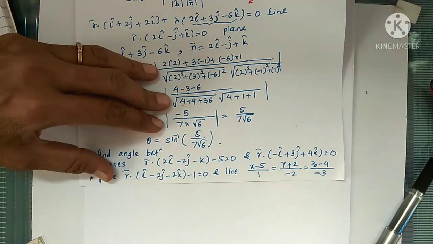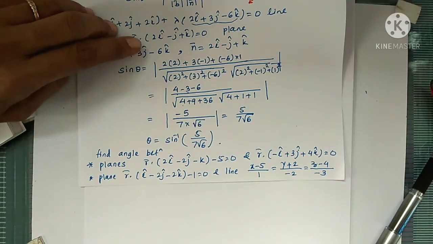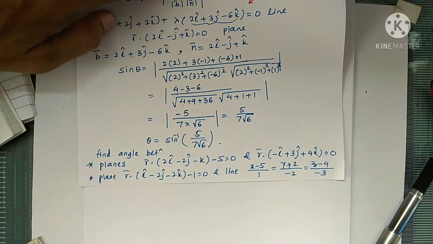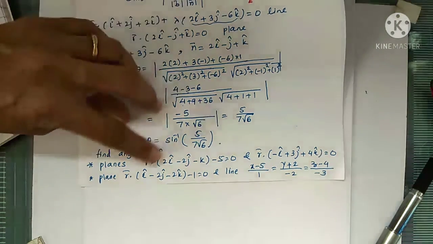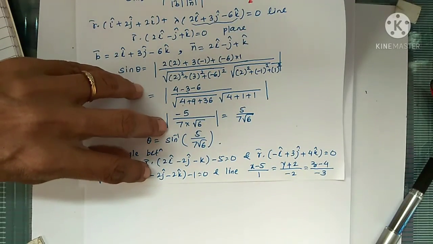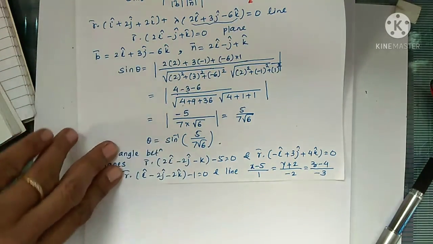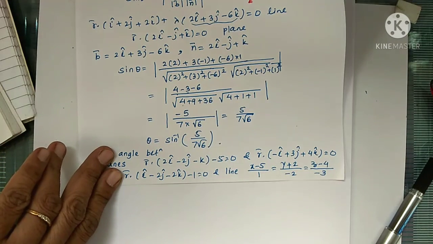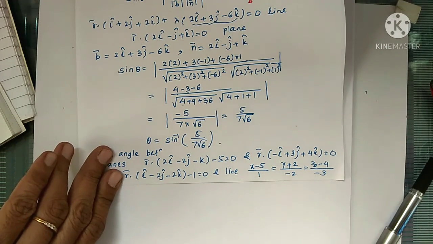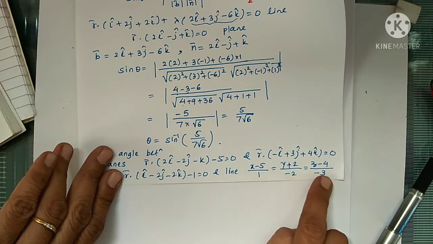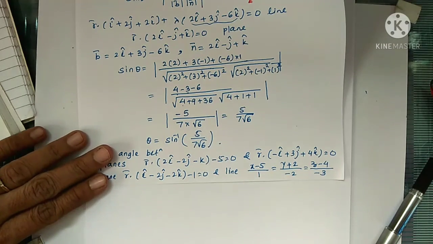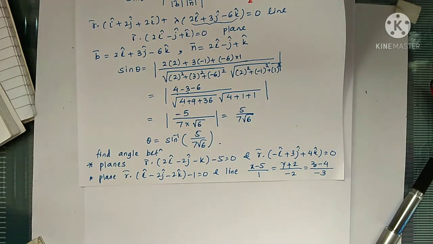Now find the angle between the plane and the line. We just have to use the formula sin theta equal to modulus of b bar dot n bar upon modulus of b bar into modulus of n bar. So n bar is this bracket, and for this line the vector equation is not given. Instead of that, the Cartesian equation is given. So what is b bar? b bar is the direction ratios of that line. So 1, minus 2, minus 3 are the direction ratios, so that is our b bar. Use the formula and find the value of sine theta, and using that find the value of theta.